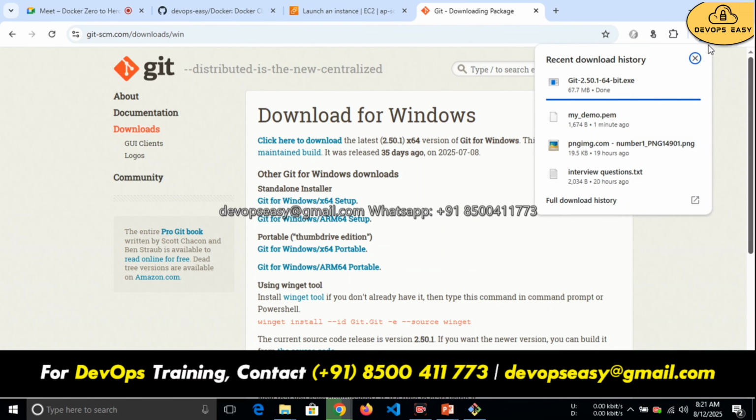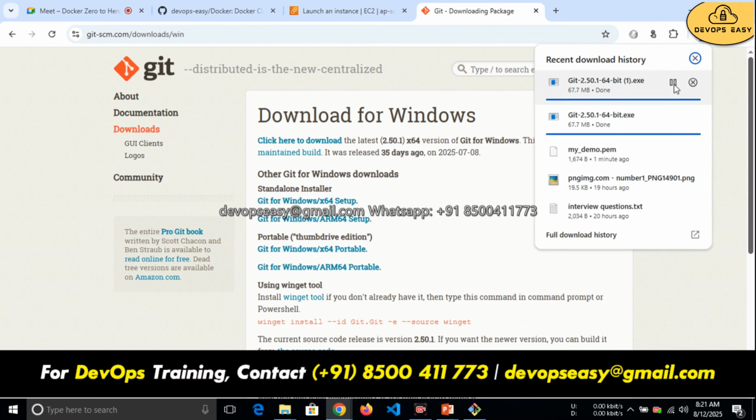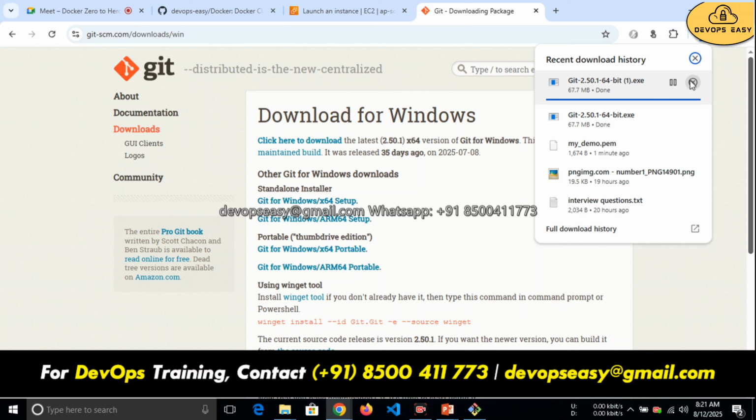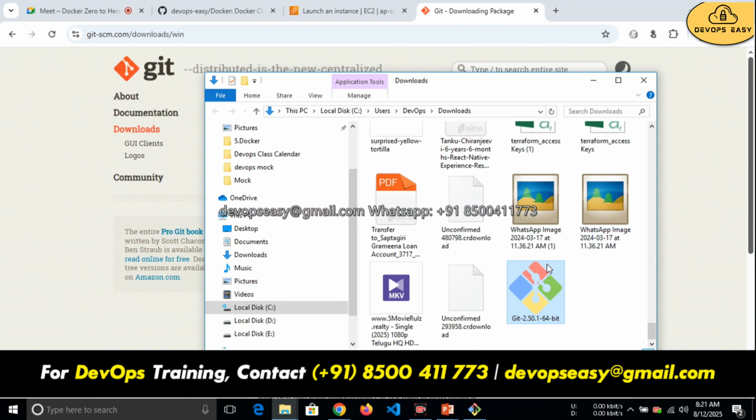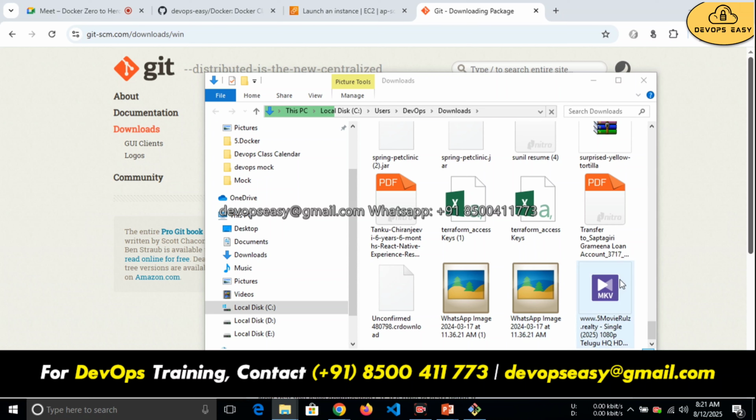See, it started, 67.7 MB. Oh, it is downloading twice. I've selected it two times, right? I will cancel this. If you go to this folder, see, the software was downloaded. It was downloaded twice, so I will delete this. So when you download that,